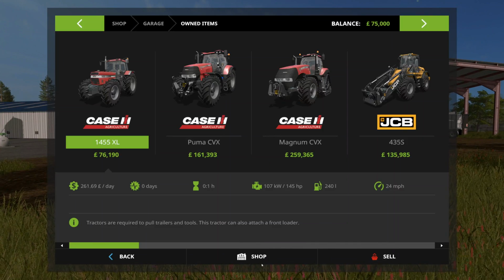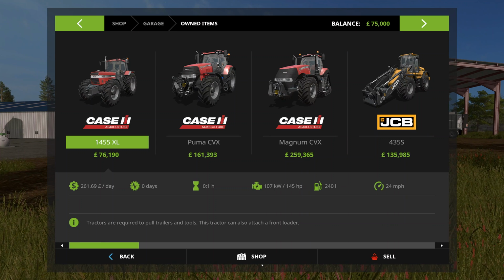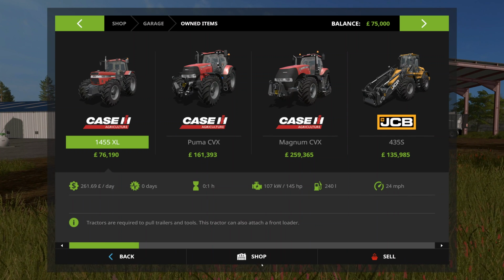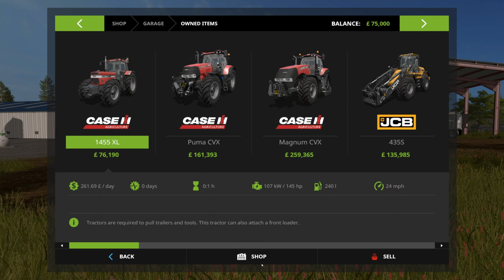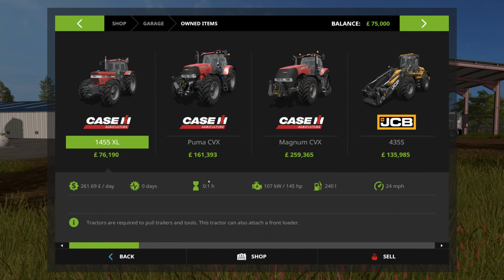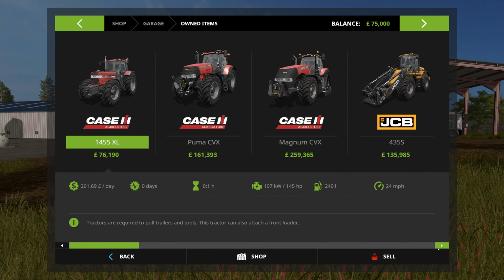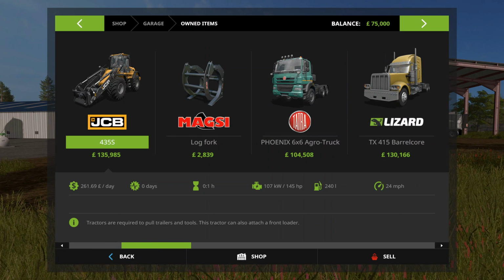We will look at the equipment. We forgot to do that. So we have a Case 1455 XL, a Case Puma CVX, a Case Magnum CVX. This is an American map, so we have American equipment. We have a JCB 435S. So actually a Brit has made it onto this map with a wheel loader, and